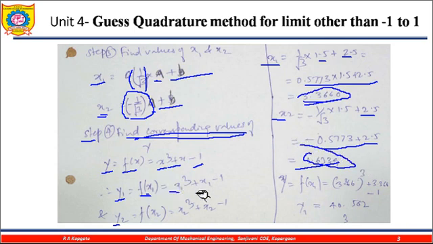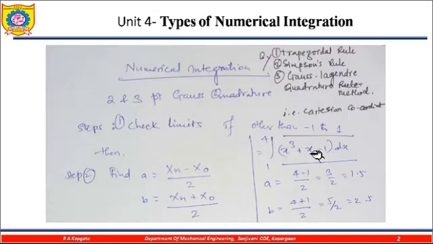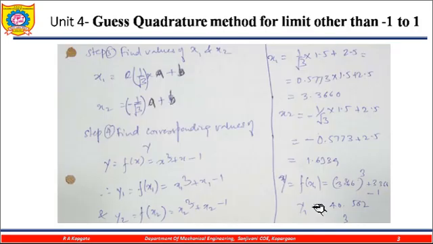So put the values of x1 into this function. Here f of x1 is equal to 3.366 to the power of 3, because this is the function given. Here, if you look, this is x cube plus x minus 1. That is the function, x cube plus x minus 1. Put the values of x1 and find out the